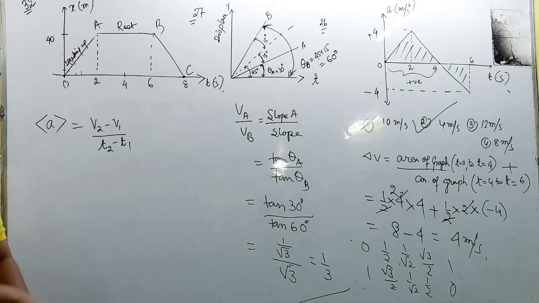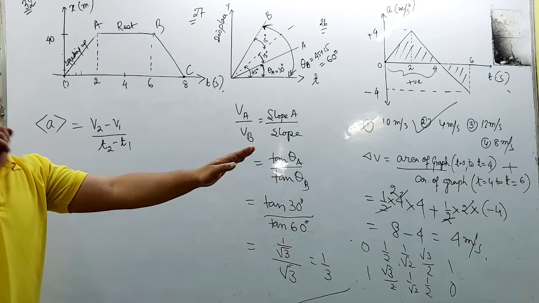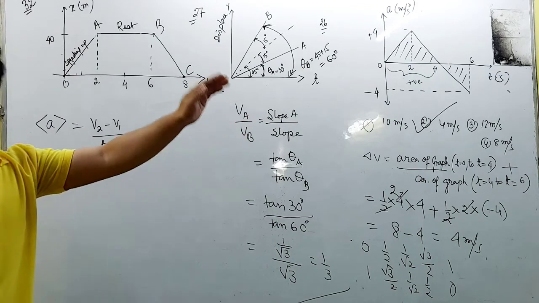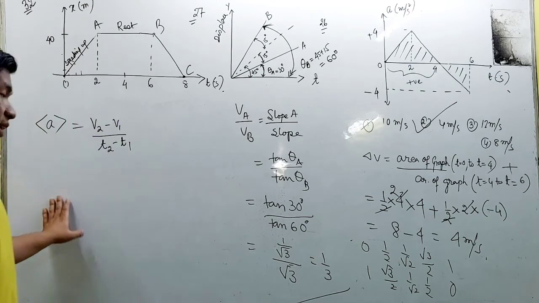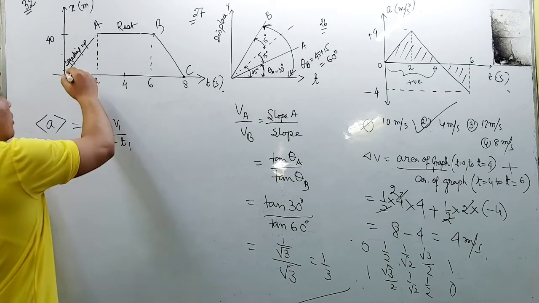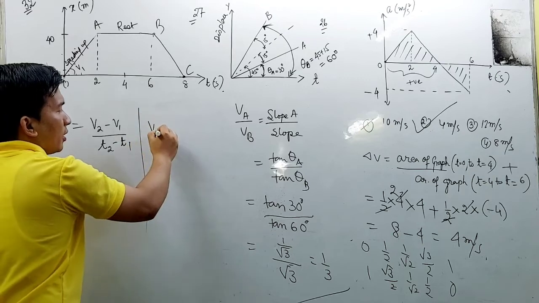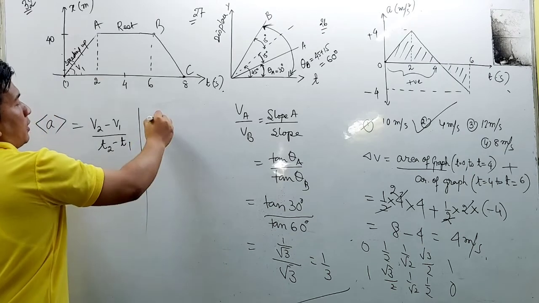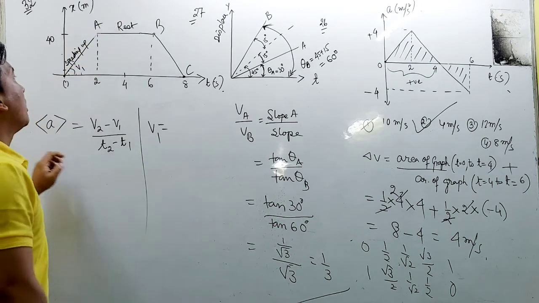So this graphical representation goes up and down. It does not stop continuously: it goes up, stops and takes rest for 4 seconds, and returns back after taking 4 seconds of rest. What will be the velocity v1? To find out velocity v1, it will be the slope. The slope is positive and increasing, and the velocity will be